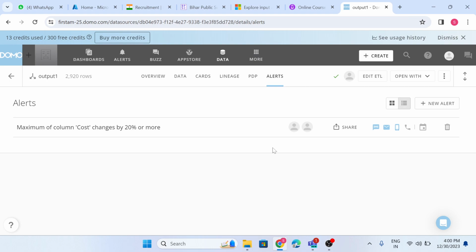So this is how we can create an alert. After creating the alert, whenever it meets the condition, we will get the alert. So in this alert, we have the condition: maximum of cost changed by 20% or more. So this is all about how we create an alert in